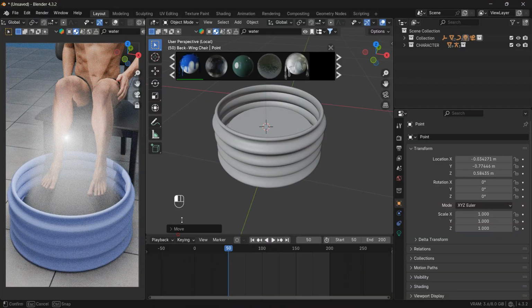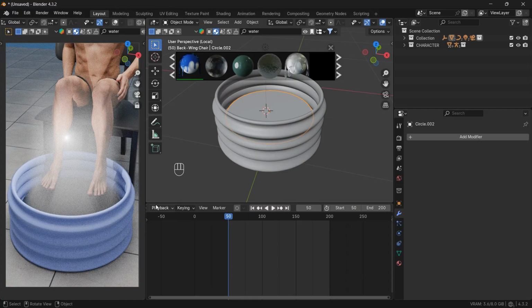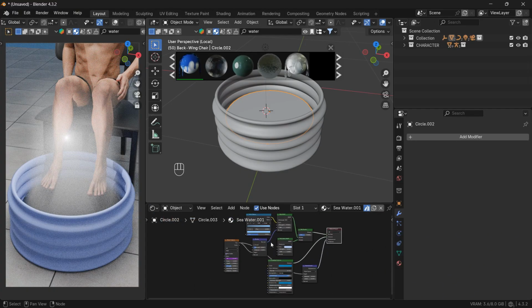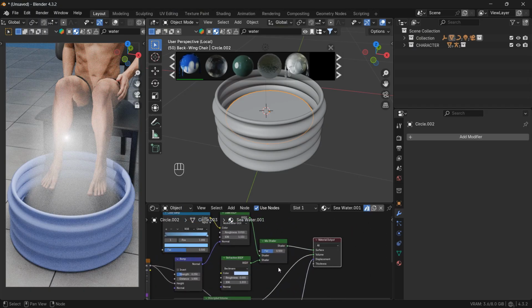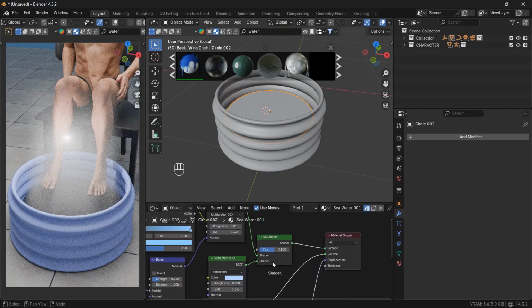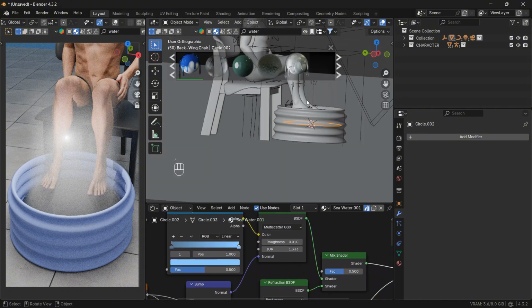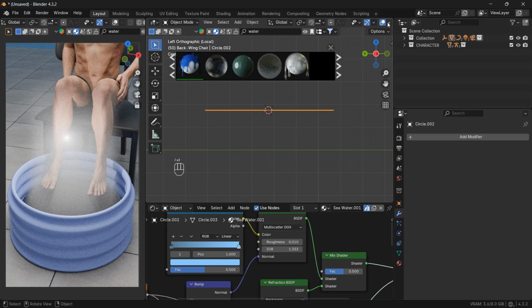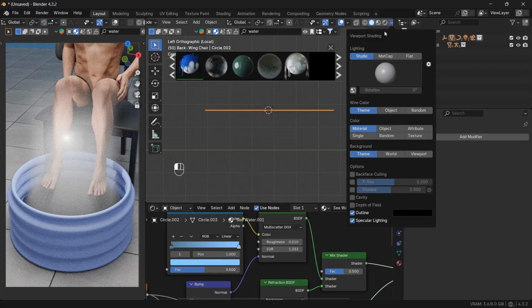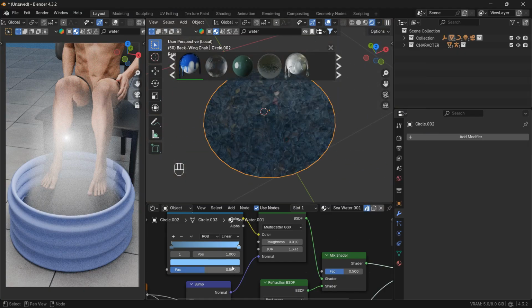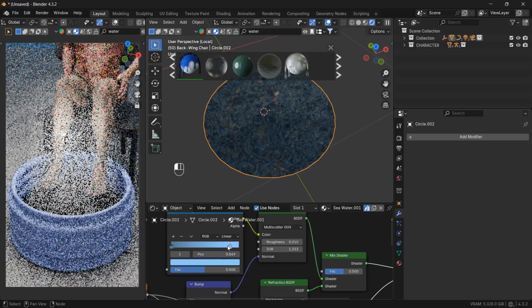So we can simply just adjust the material over here a little bit. You can see this is our water, and from the color what we can do, go to the focus mode and turn on the render view, scene light. You can see this is the active color. What we can do, we can just simply